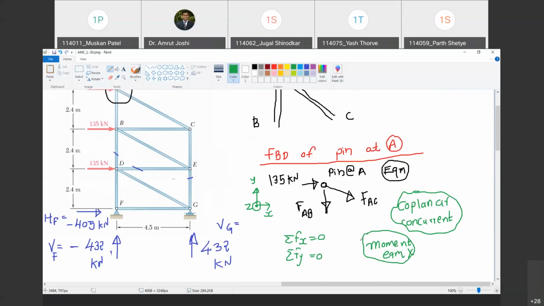Yes, sir. So you have now only two equations. Which ones? Summation fx equal to 0 and summation fy equal to 0. Do you agree with me? Yes, sir. Now, the FBD that I have made for joint pin A, can I make the FBD of all the pins in the same way? Yes. And will this statement be valid everywhere, that it is going to form a coplanar and concurrent force system? Yes. So therefore at every joint you can use only two equations of equilibrium: summation fx equal to 0 and summation fy equal to 0. Do you agree with me?